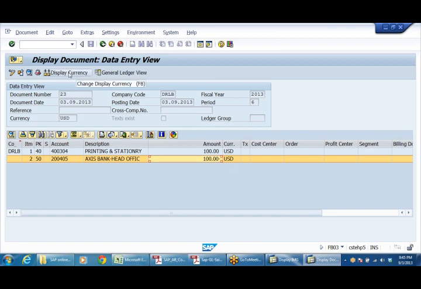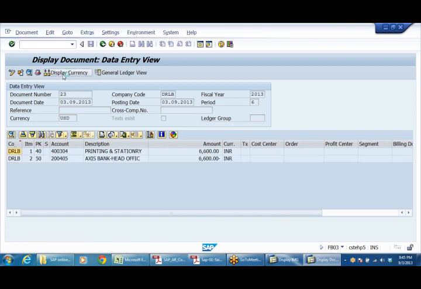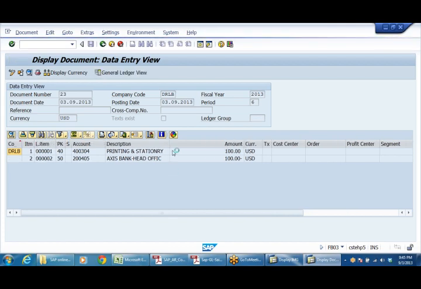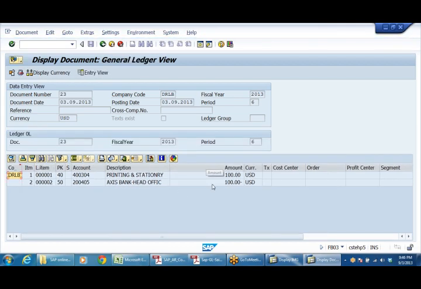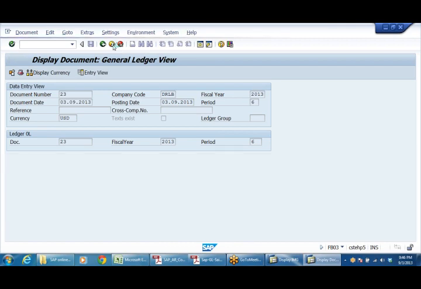Click on display document currency here. Right, click on this. So it will show you 6,600. Again you can click here, and general ledger. Of course there will not be a change in here.